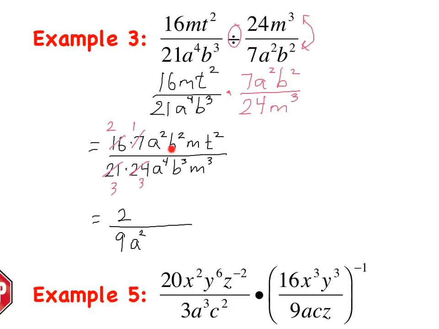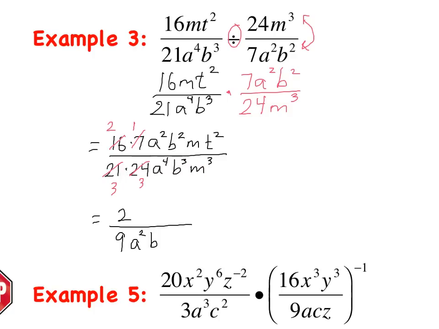Taking a look at the b's, b squared over b cubed. There are more b's in the denominator, so they stay in the denominator and we subtract, getting b to the 1st power. Looking at our m's, there are more m's in the denominator, so m to the 1st over m